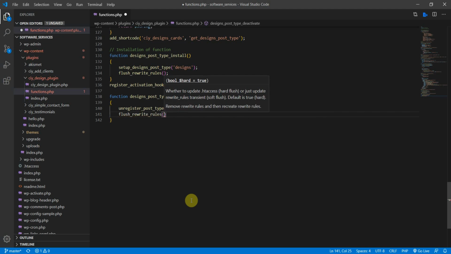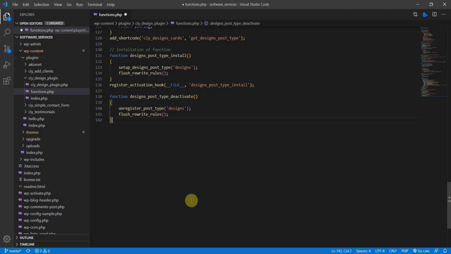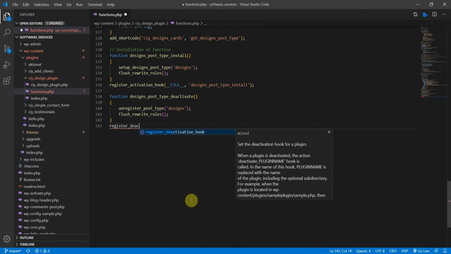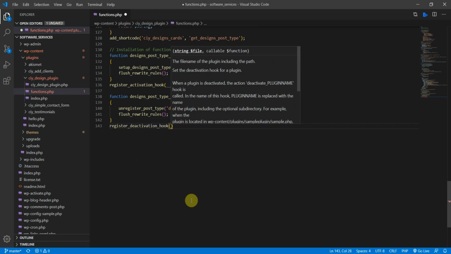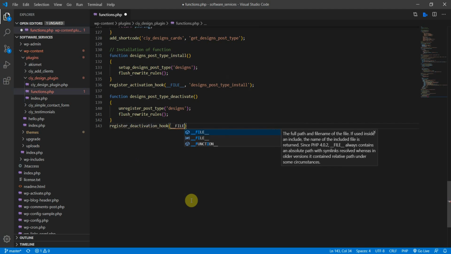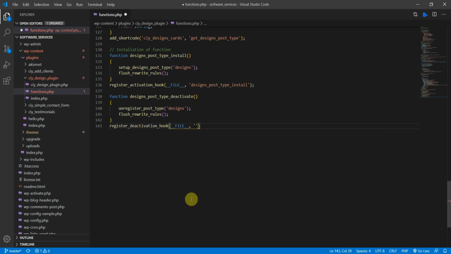flush rewrite rules, semicolon at the end, and under here just do register_deactivation_hook, and same here, we need a file and then the name of the function, copy function there. Let's just paste it in and semicolon at the end, and then to remove everything from the database, we do the function